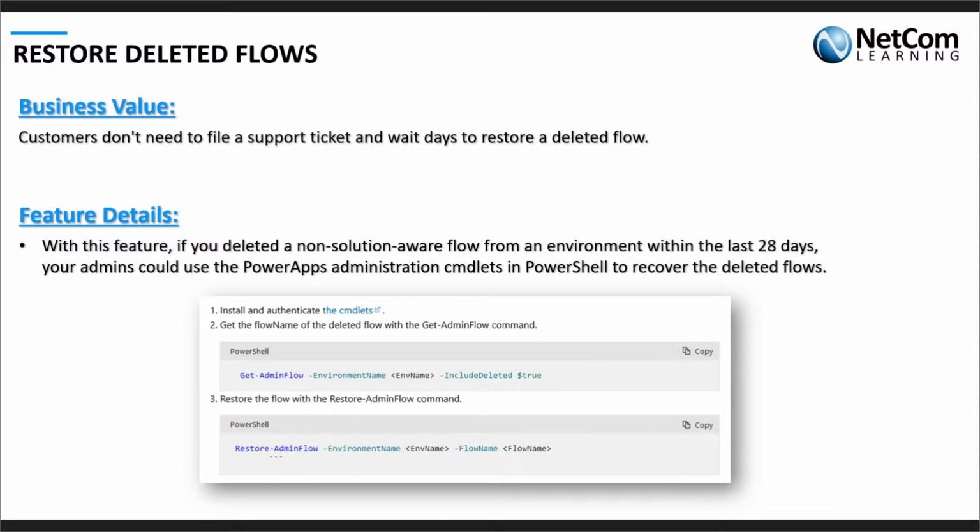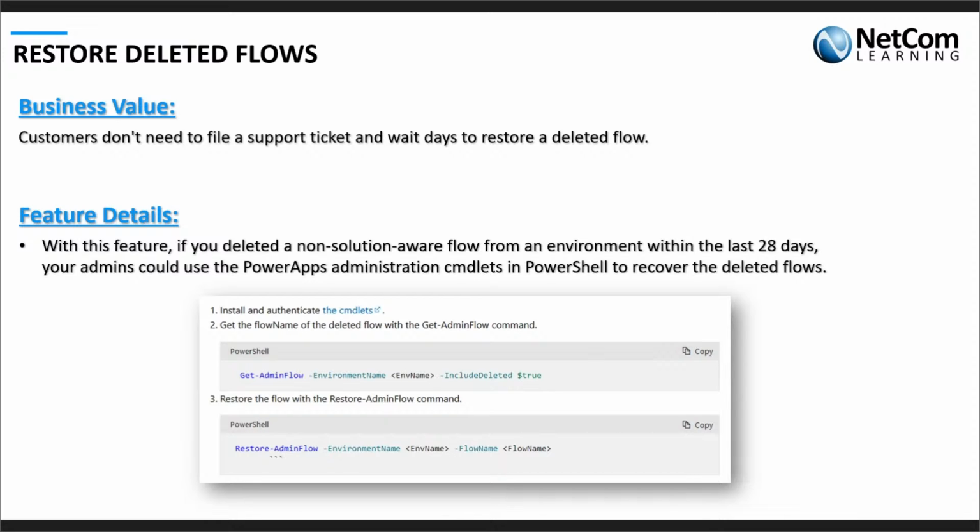And again, if this happens way too often, there are times when you would want to get that flow restored right away if possible. And at the same time, you may not want to go the route of opening up a support ticket and investing a few hours there. So that's where this new feature is there to help you with that.